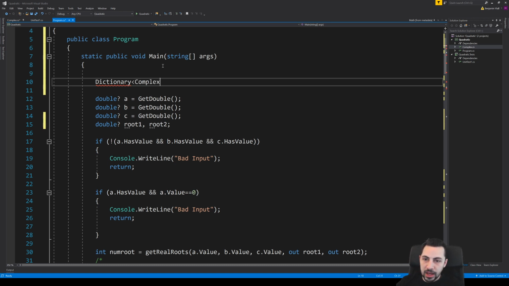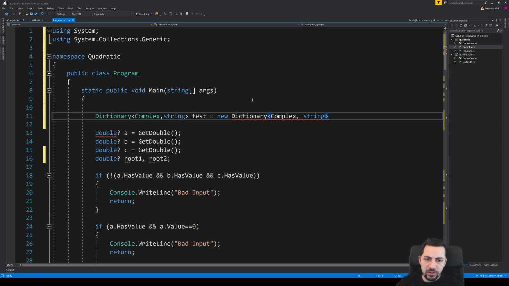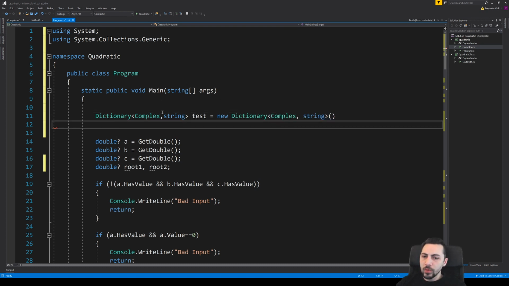At this point, we can now create, if we wish, a dictionary of complex, string types, and it's yelling at me because I haven't included System.Collections.Generic. So now it should be fine. Dictionary complex string. Okay, that's fine.